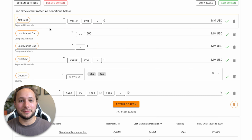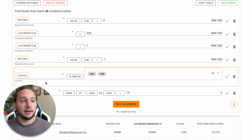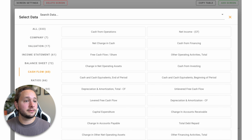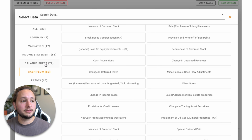Okay, so I've basically been rambling on and on about this. Now I've created this Frankenstein's monster of a screen where I'm looking for companies with a net cash position that are trading at a decent return on invested capital. So there are tons of ways that you can slice and dice companies with this screen. We have a bunch of useful metrics. We have free cash flow per share, we have depreciation, capital expenditure. All of these are under the cash flow, which are very helpful for trying to predict the intrinsic value of